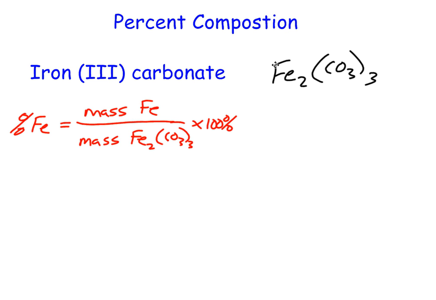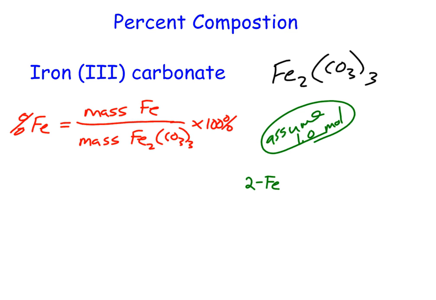The dilemma we face now, though, is that we don't have an amount of iron or an amount of the compound to work with. So we've got to come up with that. The way we're going to do this is we're going to assume we have 1.0 moles. If we have 1 mole of the compound, then by looking at the formula for the compound, we would actually have 2 moles of iron,